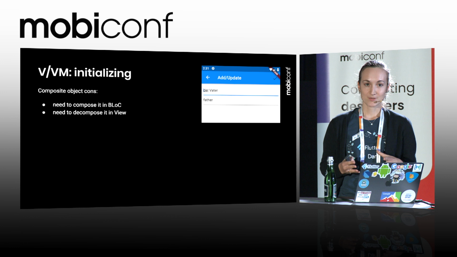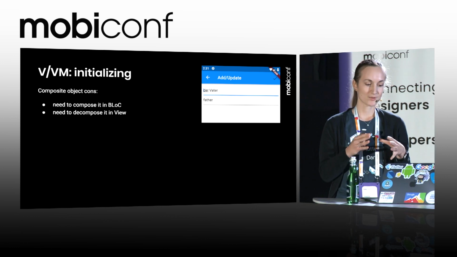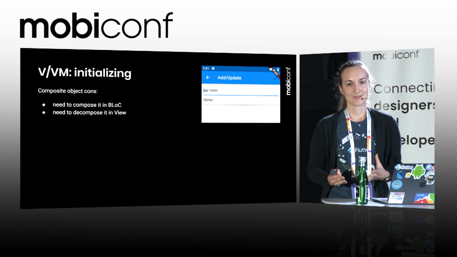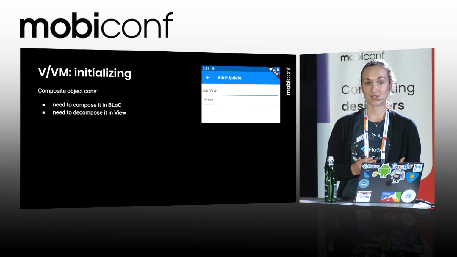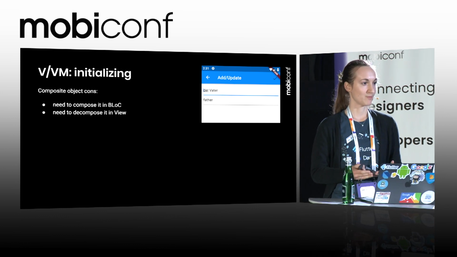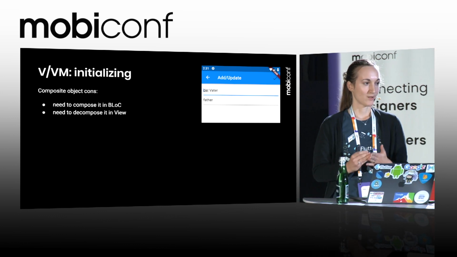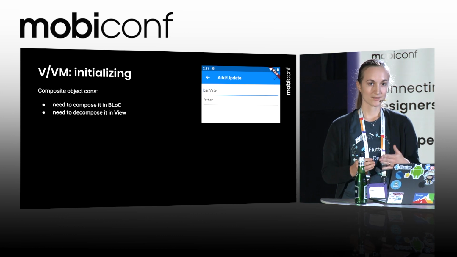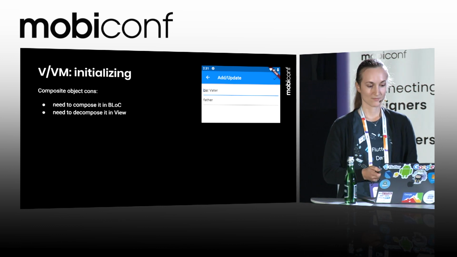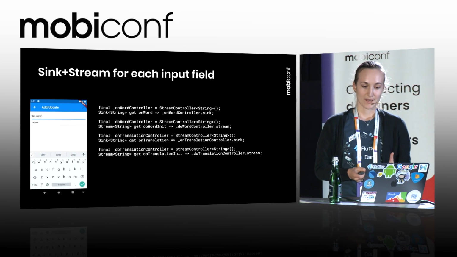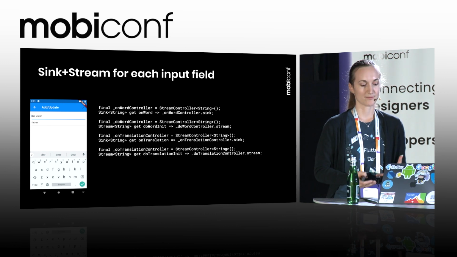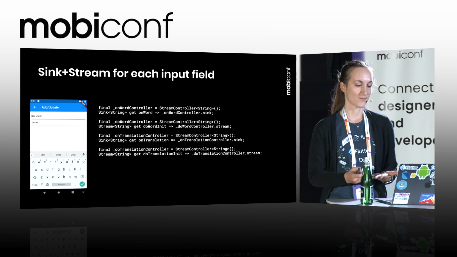It needs to be composed in model. It needs to be composed in BLoC, sometimes from multiple models, and it needs to be decomposed in view. And imagine a situation where you have your first widget that was modified by user and another one not. But the second widget still will be rebuilt because of a new snapshot. Therefore, we have a sink and a stream pair in dictionary app,